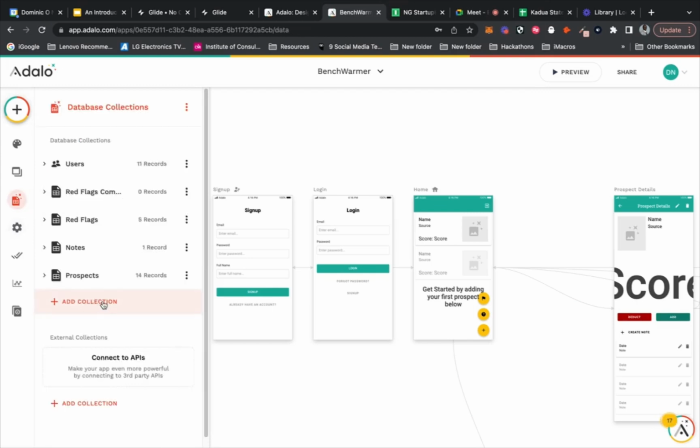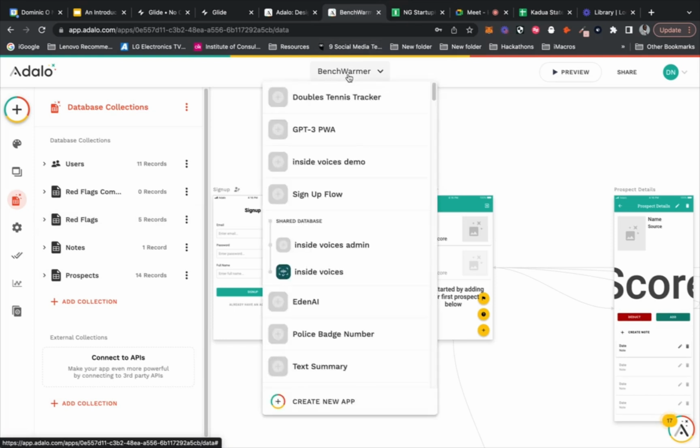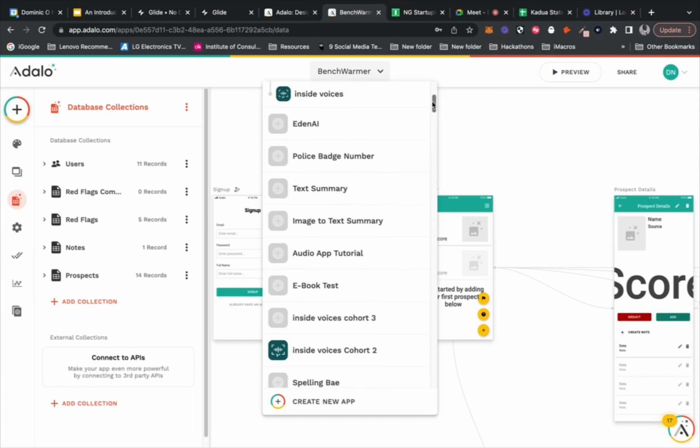So with Glide, here I have a comment section, but this comment section is relational to users, is relational to the red flags. So the database structure is a little bit more complicated, which is why I would do it in another tool. Here you can see it connects to APIs. You can connect to APIs, and I'm not sure if I actually want to show this because it might not work.